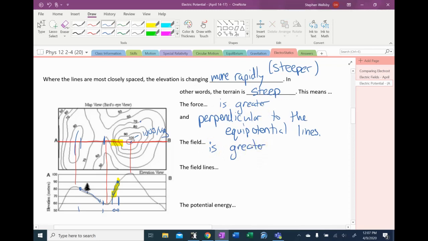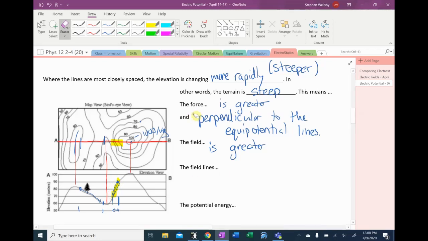Because field is just how many newtons we're going to have for every kilogram. So if I put a 1 kilogram ball here, the amount of force that each kilogram is going to feel is going to be the same. Whether I put a 1 kilogram or a 10 kilogram, the field strength will be constant. It's going to give us a certain overall force. Let's say at this point, it's not quite 9.8 newtons per kilogram, because there's a bit of an angle here, but it might be, say, 8 newtons per kilogram as the overall field strength, or the overall acceleration down the hill. So the field is going to be greater, and also the field lines are going to be